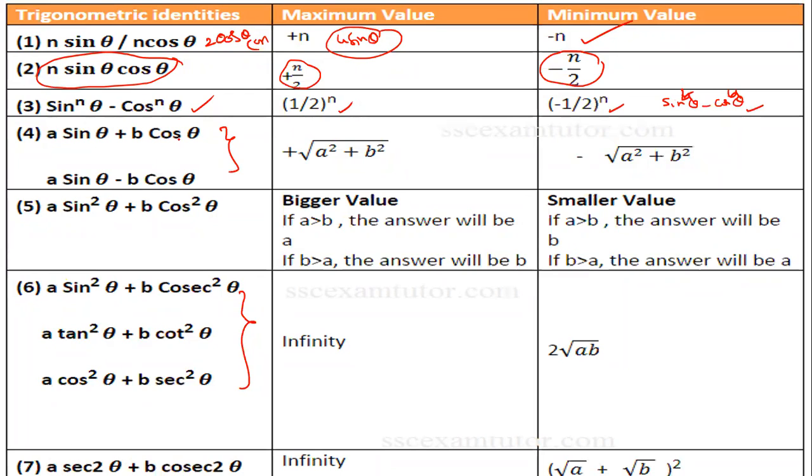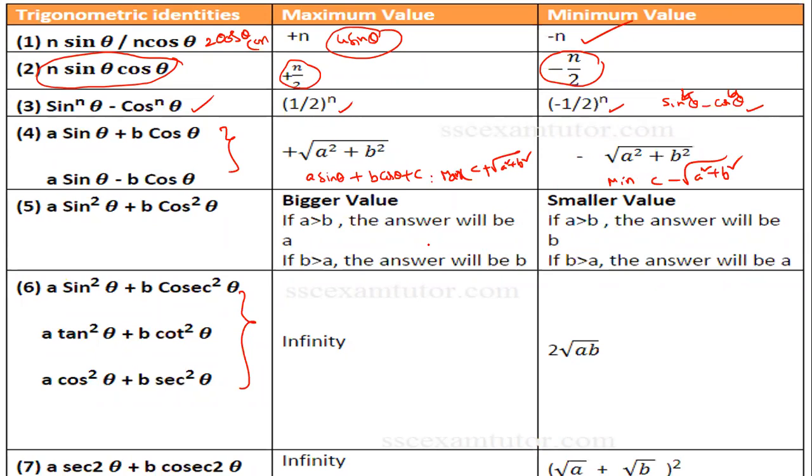A sin theta plus b cos theta, just I told you, plus c is there. Dear student, I'm adding one more point. A sin theta plus b cos theta plus c is there, so what is the minimum? C minus root over a square plus b square. This is the maximum, c plus root. What is the minimum? C minus root over a square plus b square.